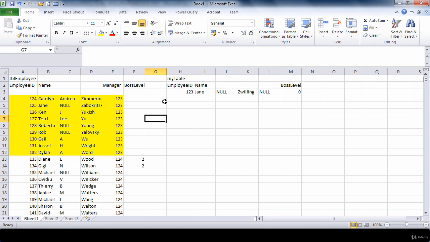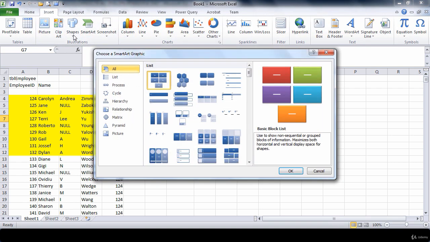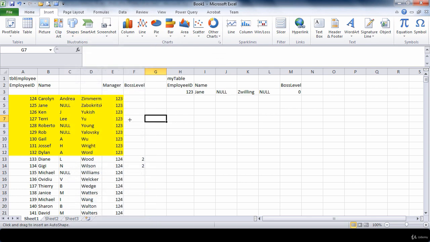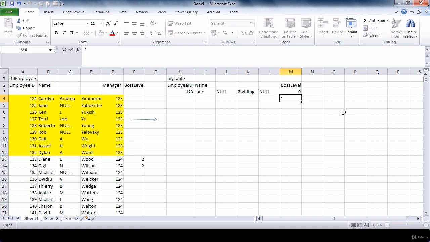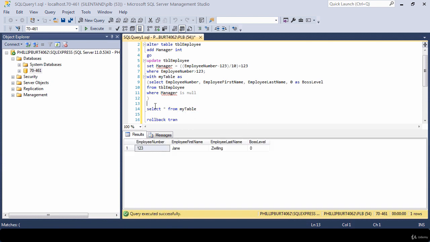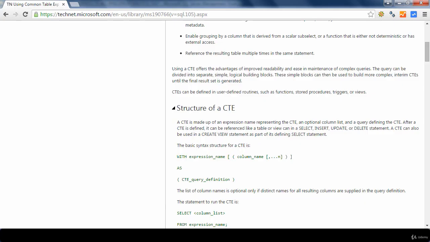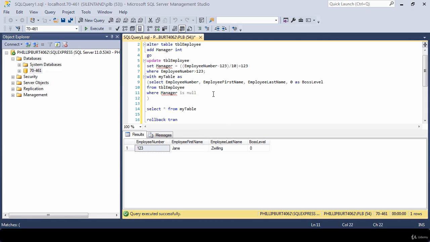And we want to move them across, and while we're moving across, we want to give the old boss level plus 1. So let's write that in here. So we have this initial table, which has just got this one line left. It's just this one line that we've moved across from table employee into my table. So now we're going to union all that